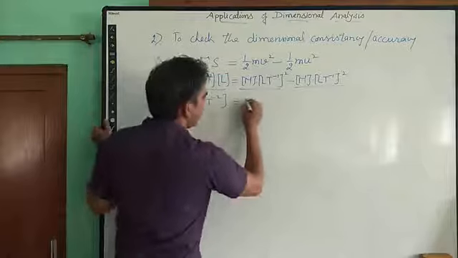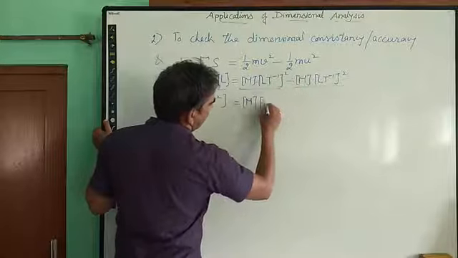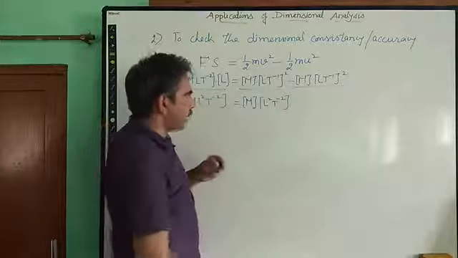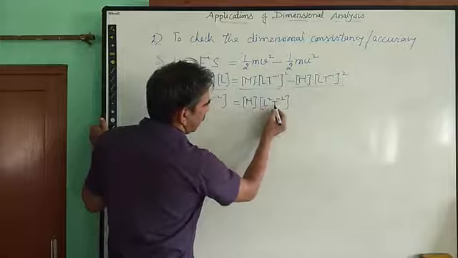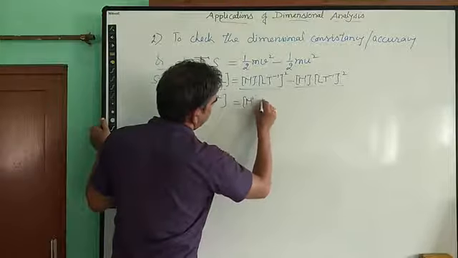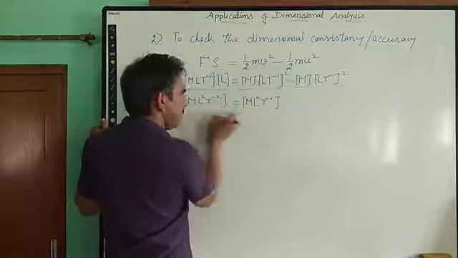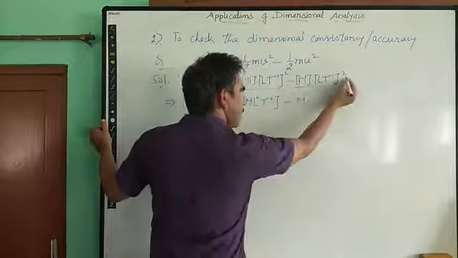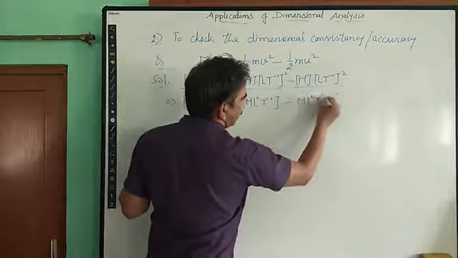So from here it is M into, it is getting squared, so it becomes L square and T minus 2. So whenever we square it, it takes this form. So it becomes M L square T minus 2. So we can write it together right here. So it is M L square T minus 2. So the first term on the right hand side also gets the same dimensions. Minus, it is M here. Again, when it gets squared, it becomes L square T minus 2.